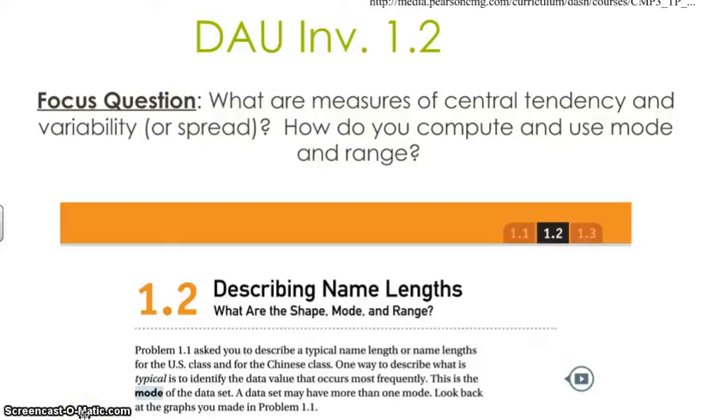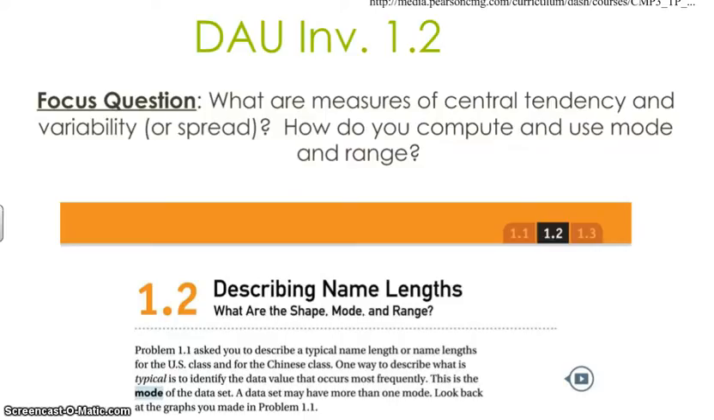All right, today we are going to go through investigation 1.2, and we are going to be talking about measures of central tendency and variability or spread, and how we compute and use the mode and the range. Real quickly, measures of central tendency are simply statistical, that's a very mathematical term for statistics. We're going to be looking for things like mean, median, mode, range, minimum, maximum. But today we're simply going to focus on how we can use and determine the mode and range for a